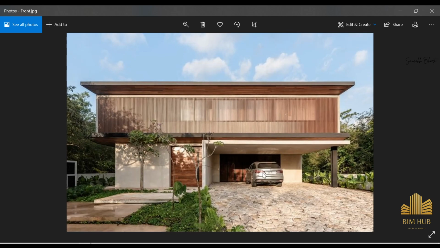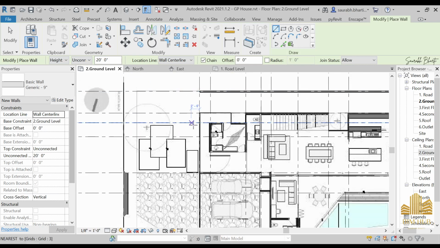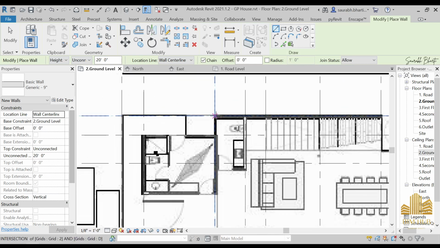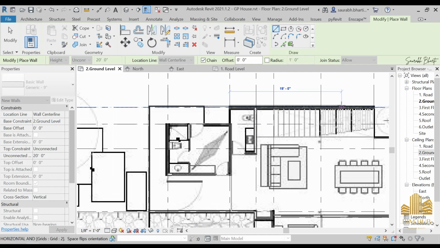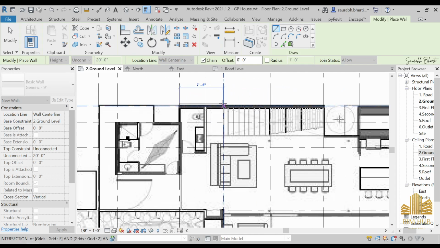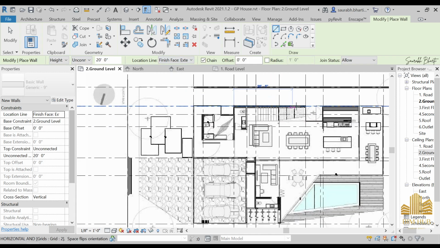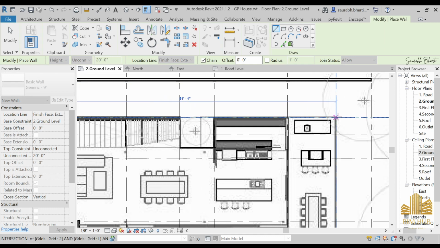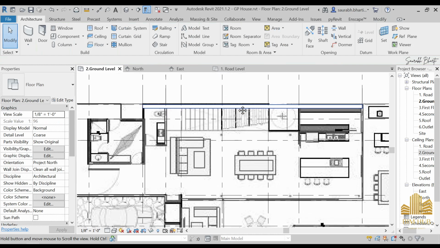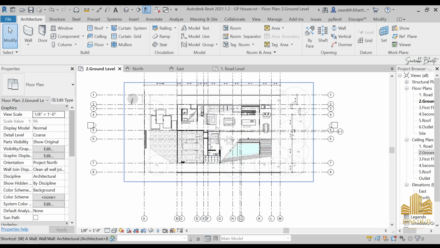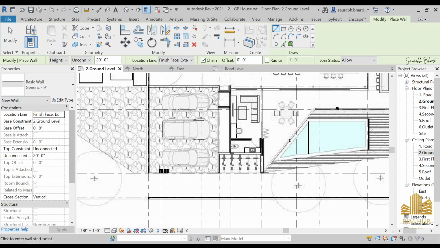So this portion, and here we don't have, so just get started. And we can start it from this point, and 9 inches is not fine at wall center line. Just take wall face exterior, and now from here you can take a wall from here till here, and we can align it later. So just WA wall shortcut again, and then we need to make a wall from